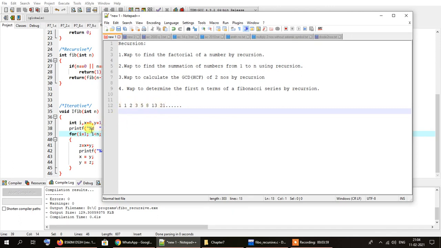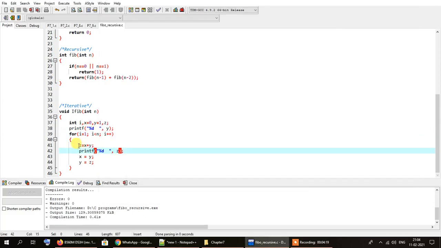Or what we can do is start the loop from 1 and iterate all the way up to n minus 1. That will balance out the remaining terms and print all the successive terms of this series. If we continue the loop all the way up to n, one more extra term will be printed over here.